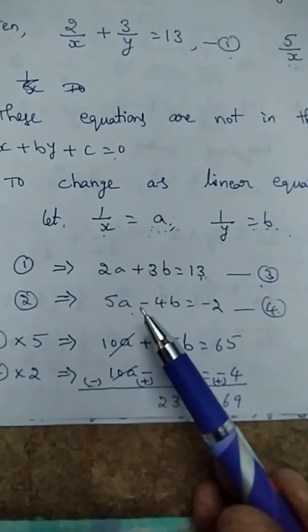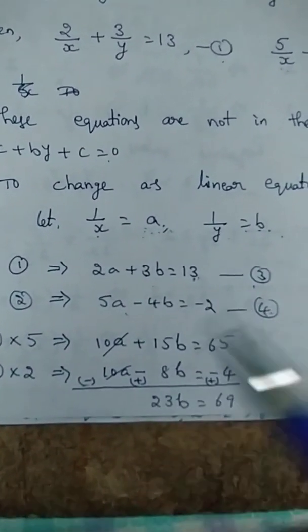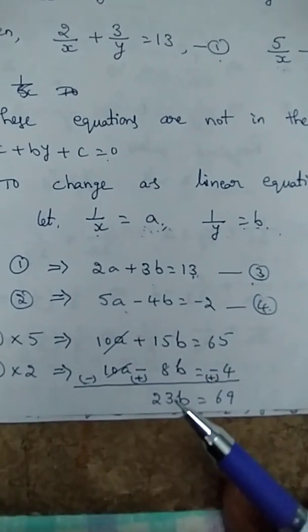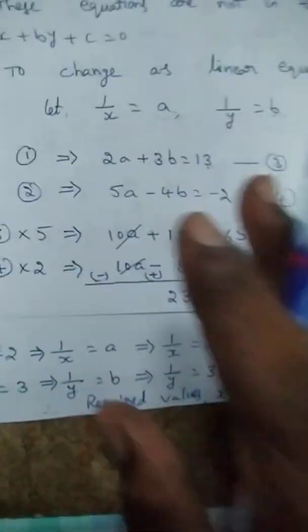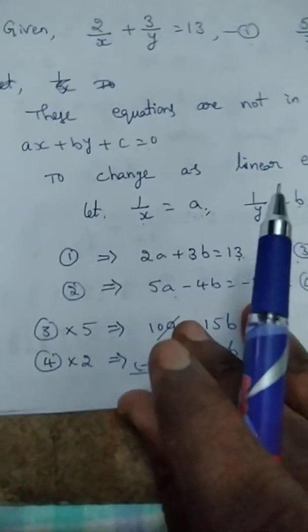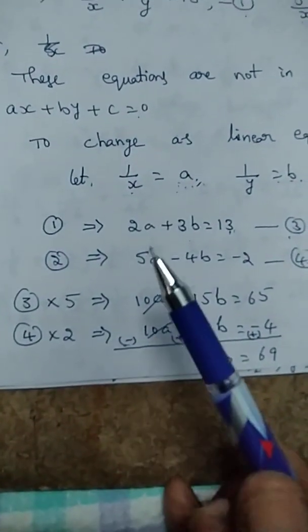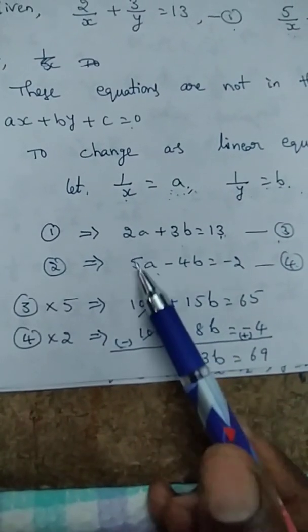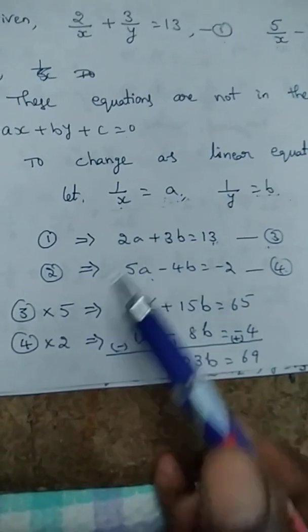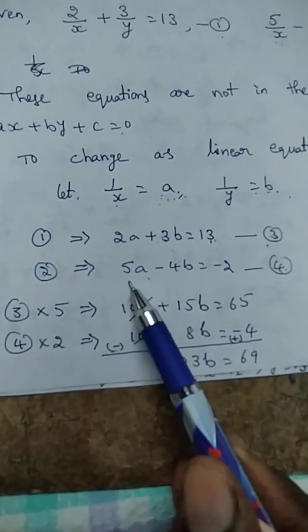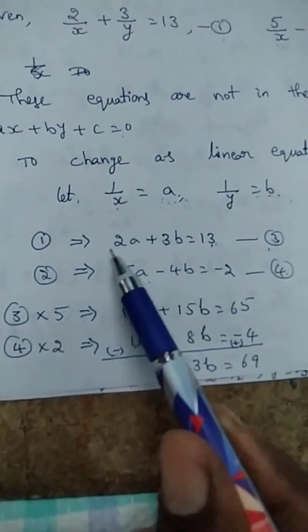Okay. So to find the a and b values, we can use any method, algebraic or graphical representation. Generally, the elimination method is very easy for us. So we are going to solve those equations by the elimination method. The a coefficients are 2 and 5, to be changed as equivalent. This is multiplied with 5, and this is multiplied with 2. So the third equation is totally multiplied with 5, and the fourth equation is totally multiplied with 2.